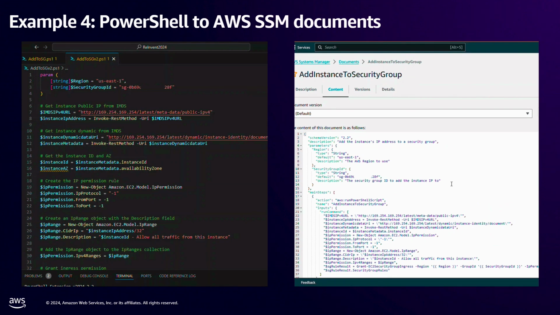You see, to make this PowerShell compatible with the SSM document format, it had to make some modification to the code. In my example, it had to pull the parameter section away from the body of the PowerShell and put it in the proper location on the SSM document. Not only that, if you look at the bottom right of your screen, it had to go into the body of the code, update all the references that used to be in the PowerShell format to the new SSM document format. And my favorite in this example,